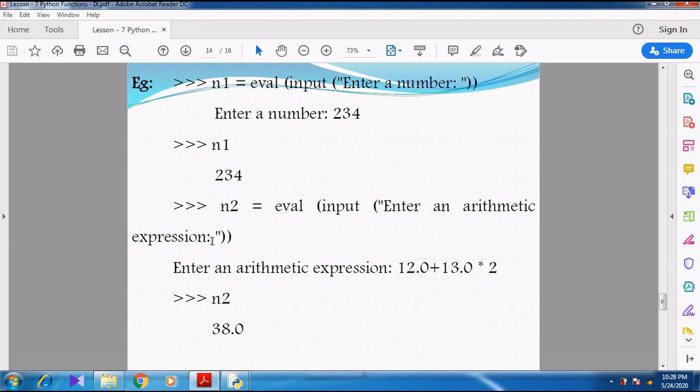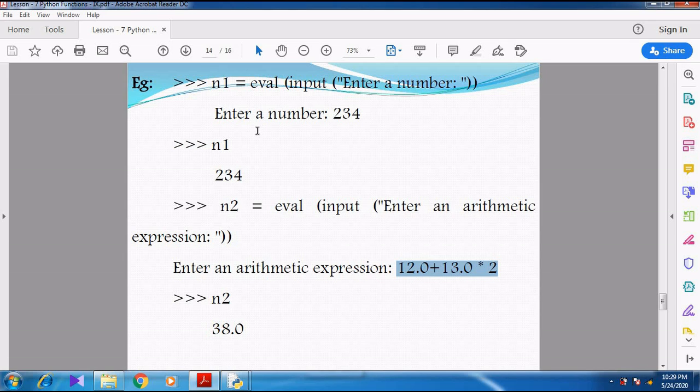Here they are giving 12.0 plus 13.0 into 2. This value is received by the input function, taken as an argument by the evaluate function, evaluated, and the result is stored in n2.